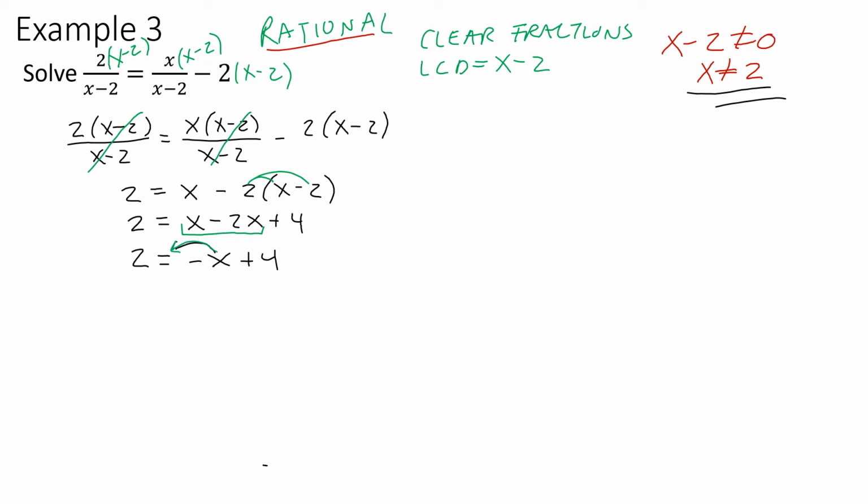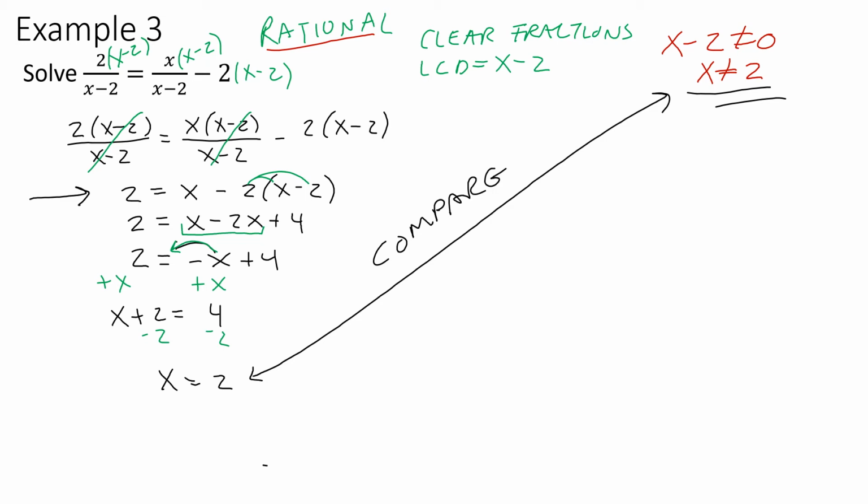I'm going to move that x over by adding x to both sides. So on the left I have x plus 2, and on the right I have 4. And now I can subtract 2 from both sides. And that leaves me with x equals 2. Now, x equals 2 is a solution to that problem, not to my original problem. So I have to compare